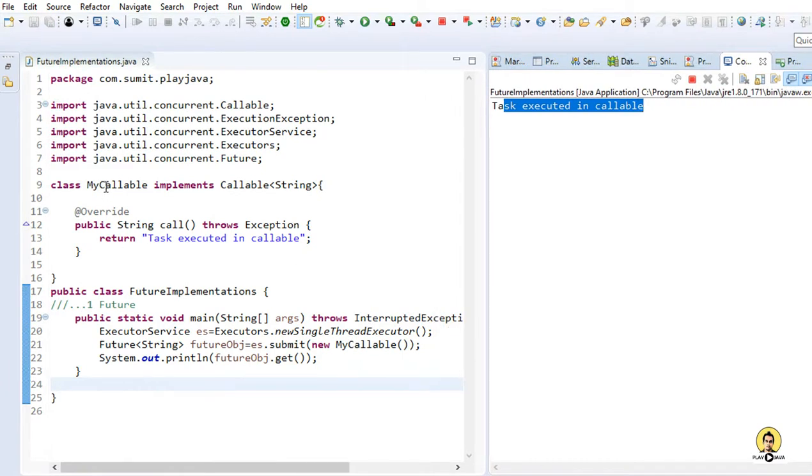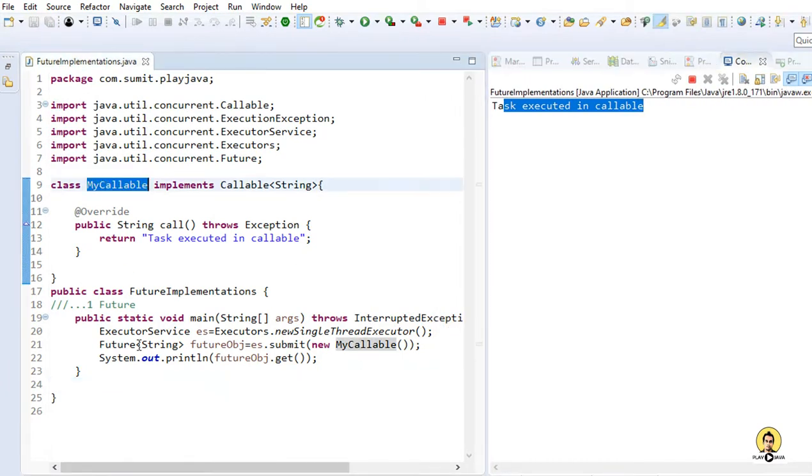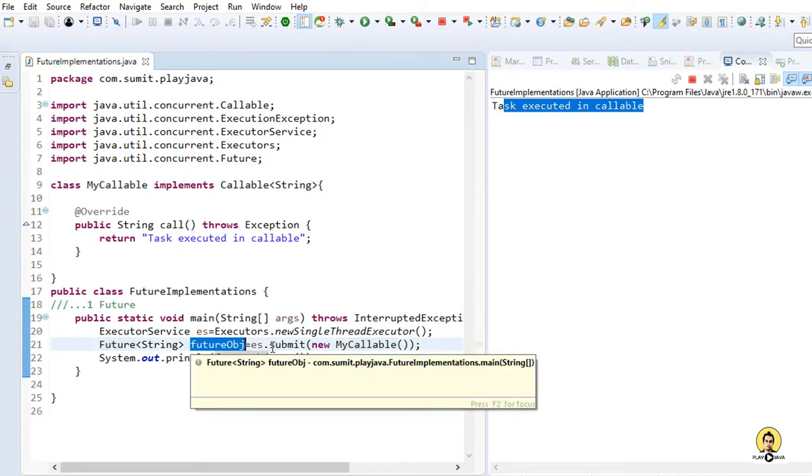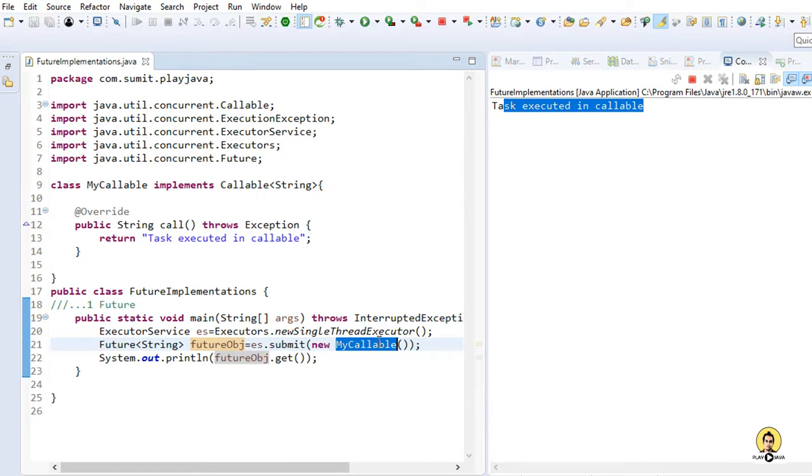This is the callable and this is the future object which is getting the data executed by the callable. The callable returns data as a string, and this is being printed through futureObject.get.